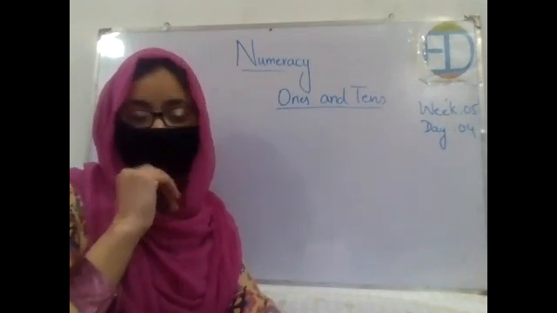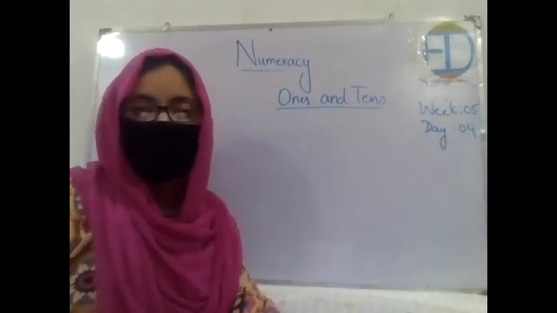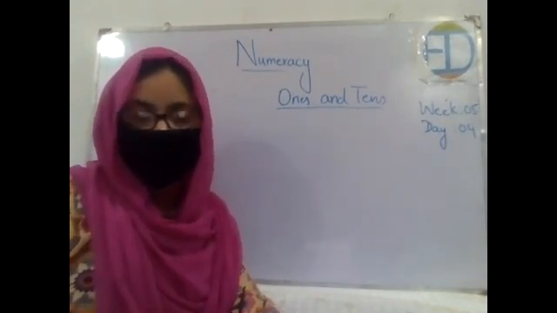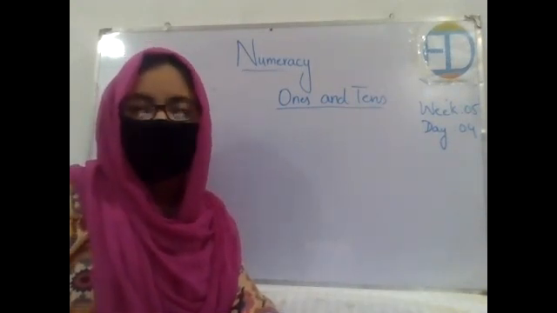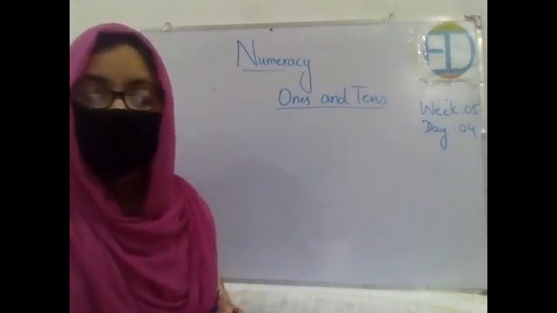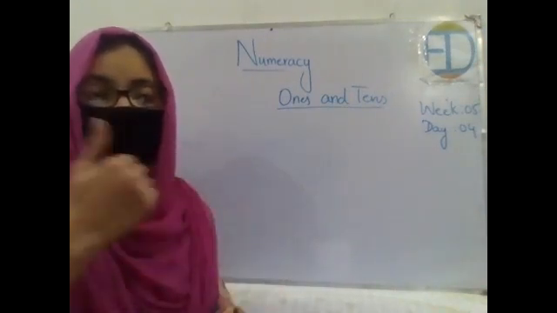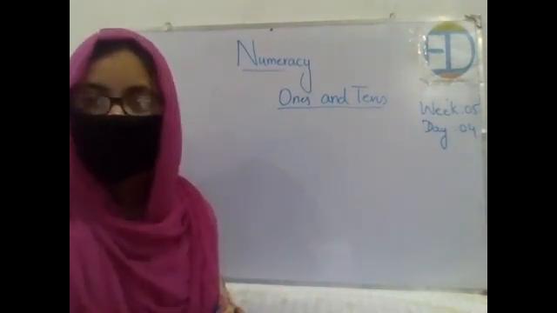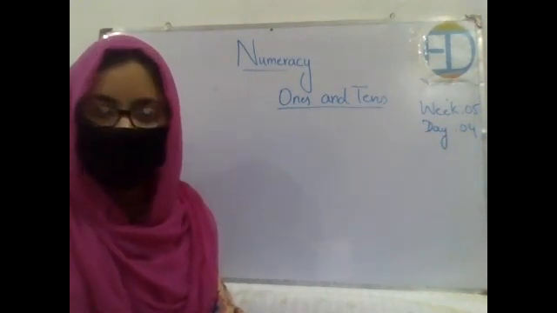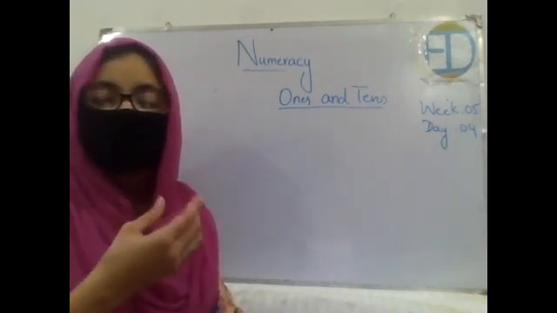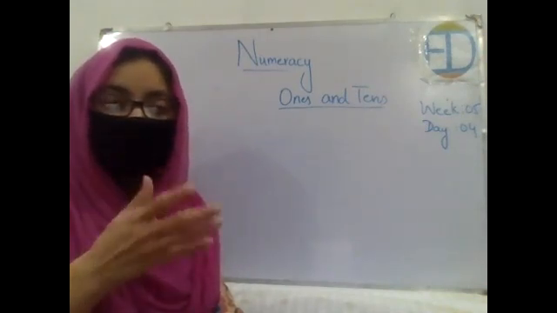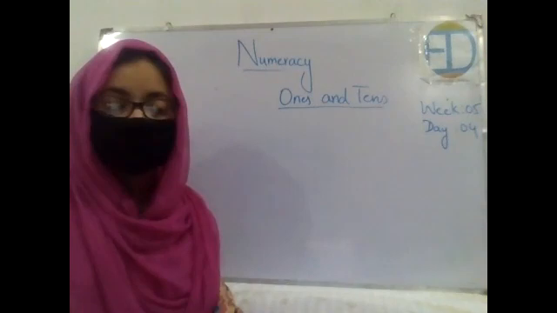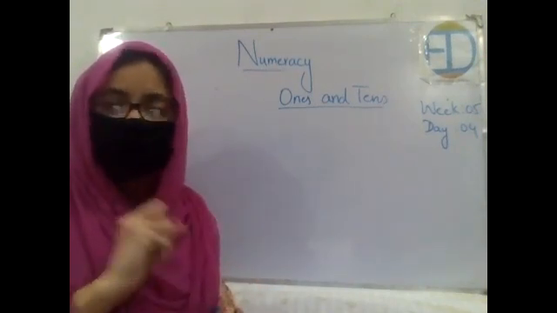All of you, excellent. So we are almost done with the topic, that is ones and tens. We have done that topic in great detail, right? We started writing number names with the help of ones and tens from 1, and we did it till 99, right? And that was a very good practice, because I told you that this topic, ones and tens, is very important, and it helps us in many ways. And we have done it in great detail.